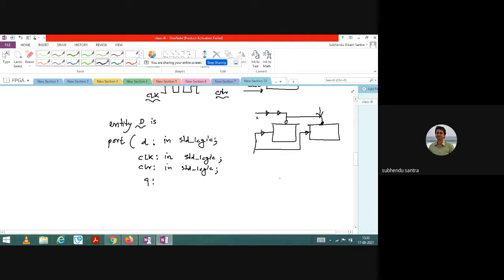So let us say I have a D flip flop. Internally, what is the structure of a D flip flop? Whatever input we get, the same output we get after some delay. But is there any feedback present in that particular flip flop? Feedback is not there, sir. We only have a clock pulse, but no feedback. Very good.